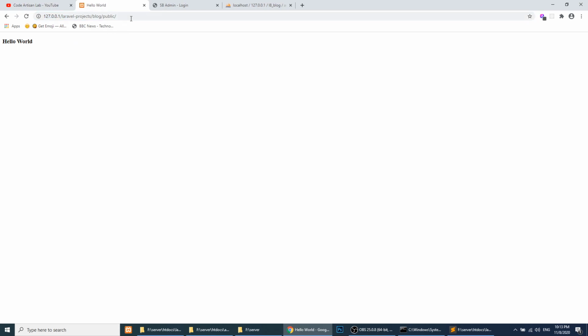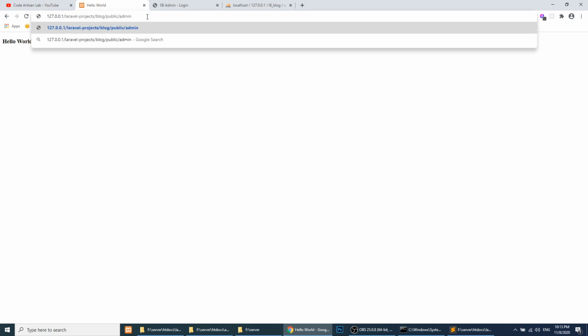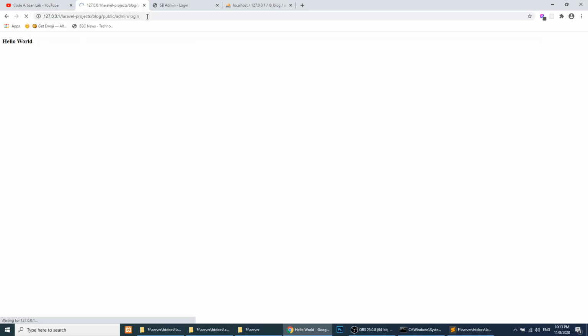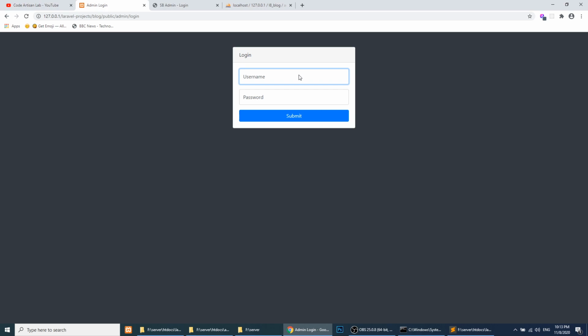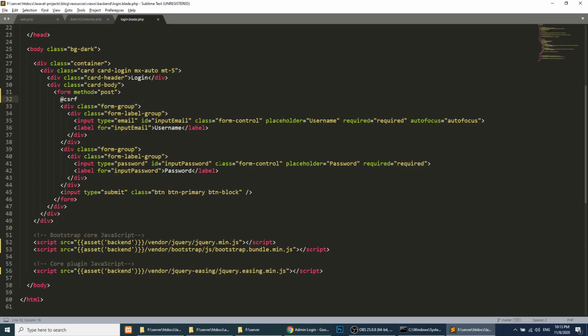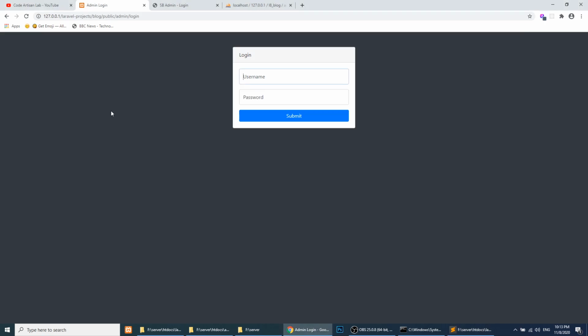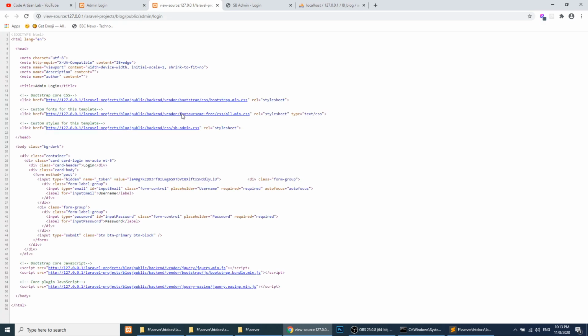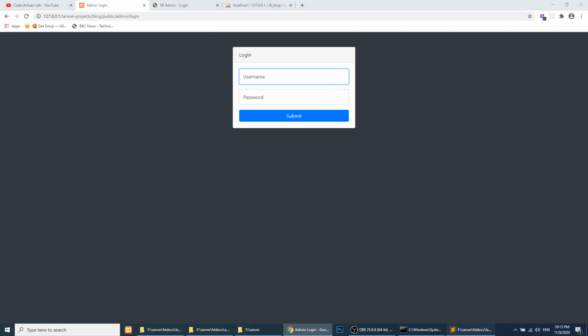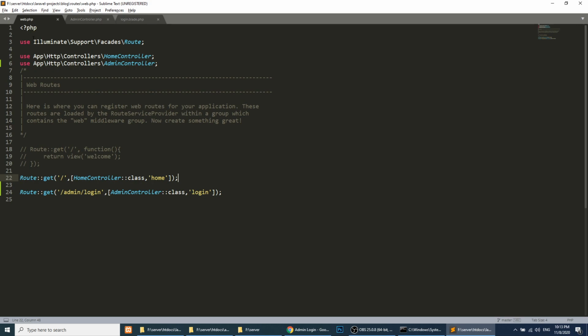Okay, now hello world is working, and now we will go to the admin login. So the admin login is also working. Now we will work on this functionality. So here we have a CSRF token. Now if I go to view source, you can see we have a CSRF token like this. Now the first thing we need to do is create a route for our post